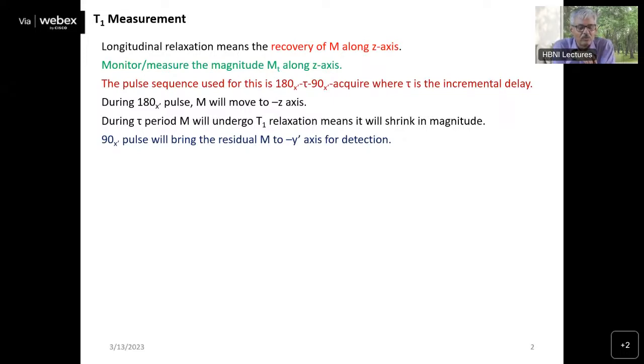Okay, so what is T1? T1 is nothing but a longitudinal relaxation time constant. Longitudinal means it happens in the Z axis only. Suppose if you see this is your